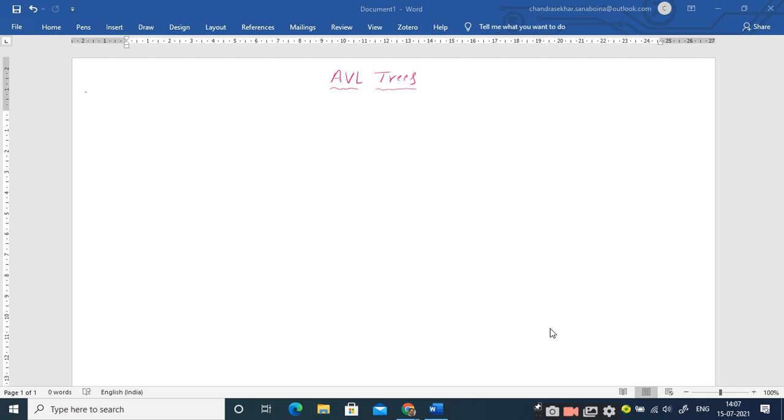In the last class, we started our discussion on the AVL trees, where we discussed the introductory concepts related to the binary search tree, and then we saw the disadvantages we have with the binary search tree. For that purpose we are going to a new concept in the AVL trees, which we call the self or dynamic binary search trees or height balanced BSTs.